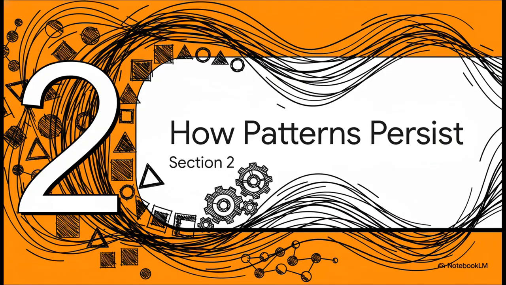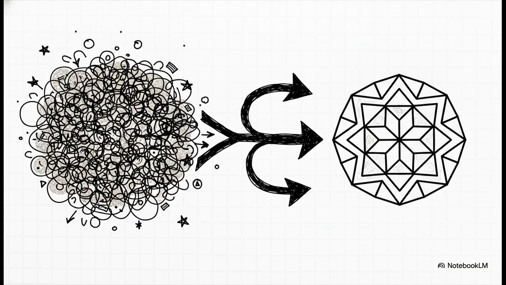Section 2. How patterns persist. Now, you might be wondering, if everything is just a chaotic, shifting mess of interactions, how does anything actually stick around? How do we have a stable world at all? Well, the patterns that make up our universe are constantly changing, but not randomly. What's really interesting about this slide is that even though these patterns are constantly in motion, fluctuating and reorganizing, they aren't just doing whatever they want. They follow specific pathways. While the changes are constant, certain configurations naturally find stability. They hit this sweet spot where they just manage to hold together amidst all the turbulence.